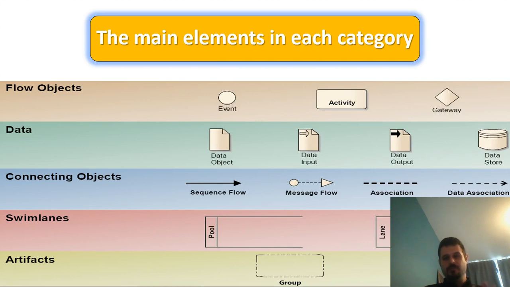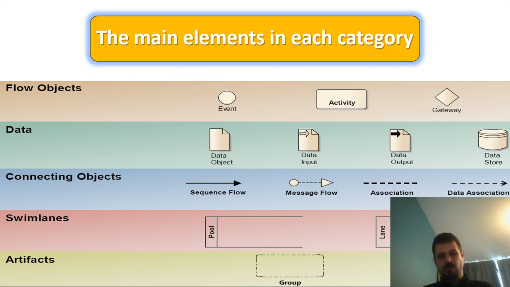Now we're diving into notation. The first step is here. We should be familiar with the main elements in each category of BPMN. The first category is flow objects, shown by event, activity, and gateway. Event is displayed for a start and end, or when we are changing the path of the process. Activity can help us show duties and activities, and the gateway can help us show some business rules, or when sometimes in processes, probably 2 or some activities